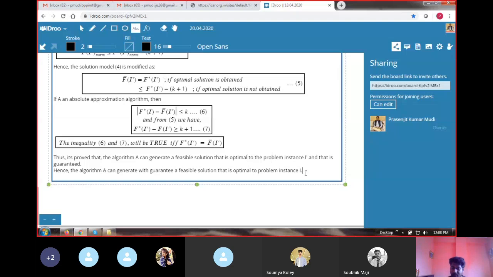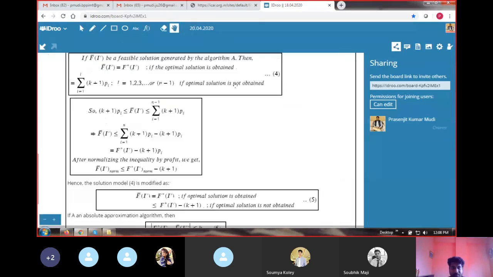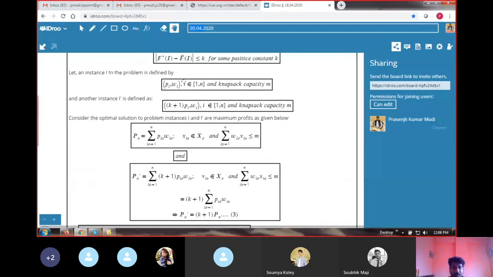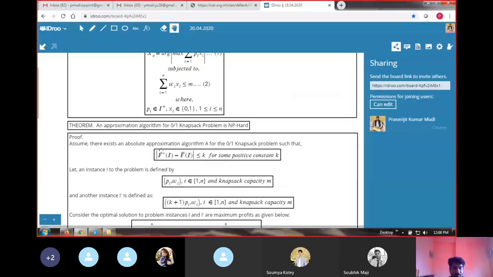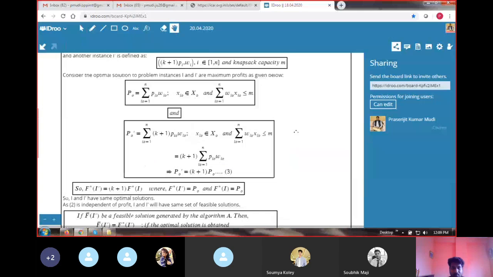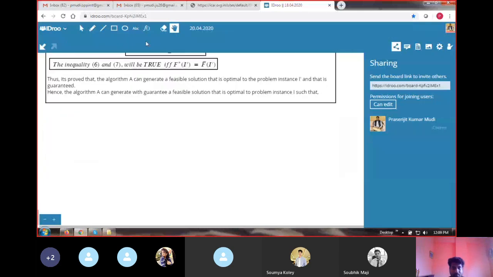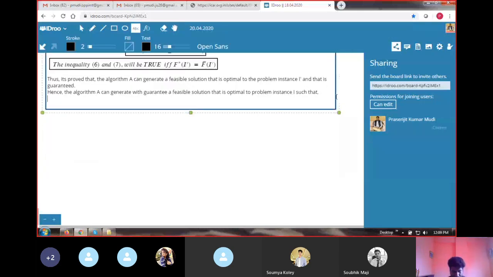Right. Okay. And it is following the absolute approximation property, which is this. Okay. So therefore we have proved that